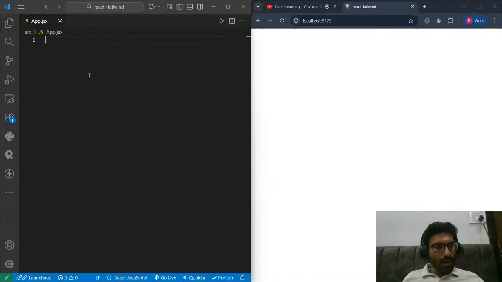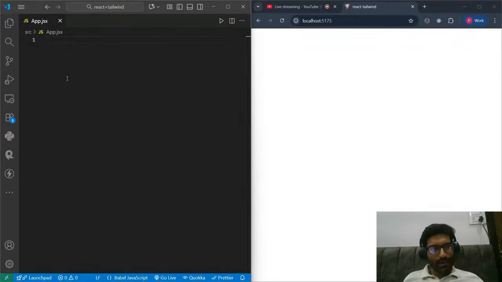Now, how does React work? In React, you have to make components. Now what are components? Components are simply the building blocks of a website. Suppose a website consists of a navigation bar, a footer, a hero section, a testimonial section. There are different sections and different components of a website. React is good at making components, so a component-based architecture is followed by React. Here I can start making my components. So how do we make components?